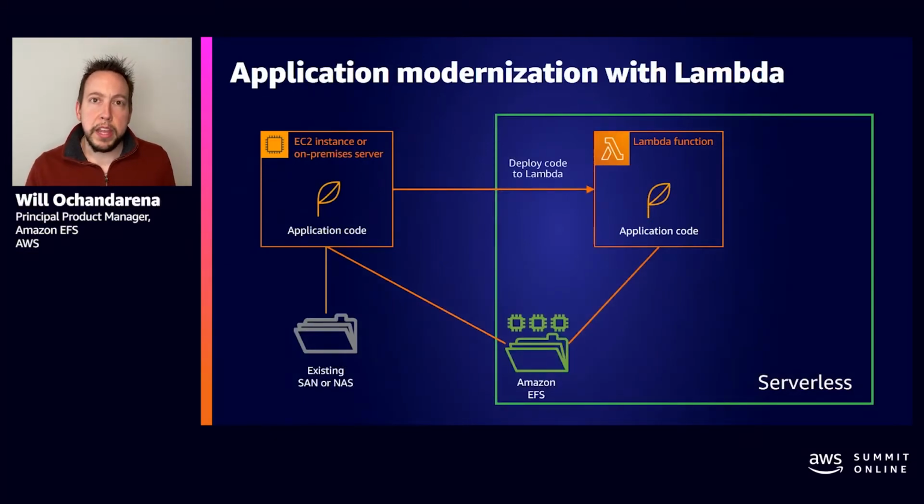Next, let's talk a little bit about Lambda, which is commonly used for augmentation or creating new pieces of an application to augment your functionality. So with this, the way to take existing pieces of functionality is you've got some code running on, again, a server, an EC2 instance, and you're going to deploy that code to Lambda, and Lambda is going to be responsible for launching instances that code runs on and interfacing with Amazon Elastic File System in order to save state or share session data between different instances of the same function.